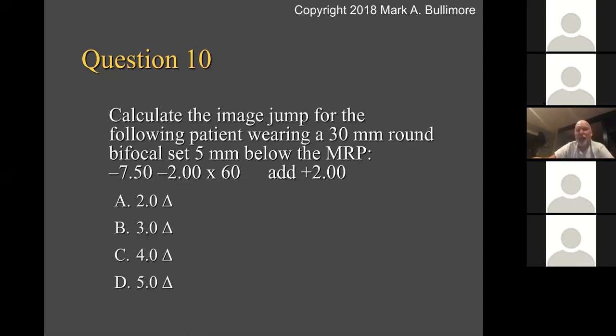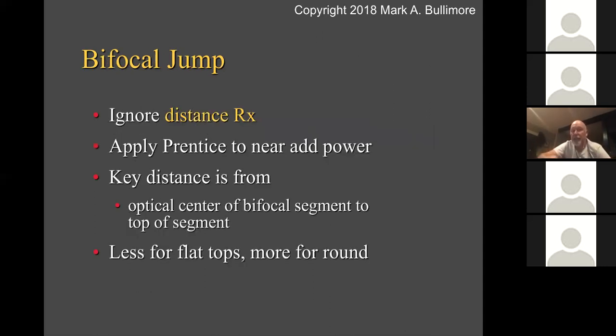And we're just being asked for image jump here. Okay, image jump is caused by the bifocal segment. So the distance power is irrelevant. Where the bifocal is relative to the optical center or the major reference point, it's irrelevant. The only thing that we care about here is the power of the segment and the radius of the segment. Okay, so we ignore the distance Rx when we're calculating jump, and we just apply Prentice's Rule to the near